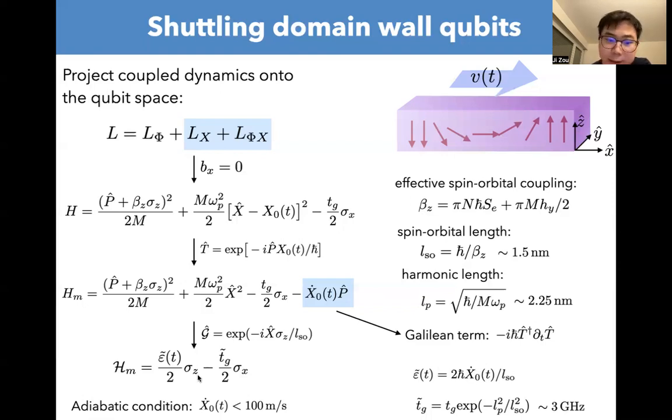And the reason why there is such a detuning term is also clear, because when we move the domain wall in a certain direction, we explicitly break the inversion symmetry in the real space, and we know the real space is linked to the spin space through the spin Berry phase effect, and therefore effectively we will break the inversion symmetry in the spin space. And that's why we have this